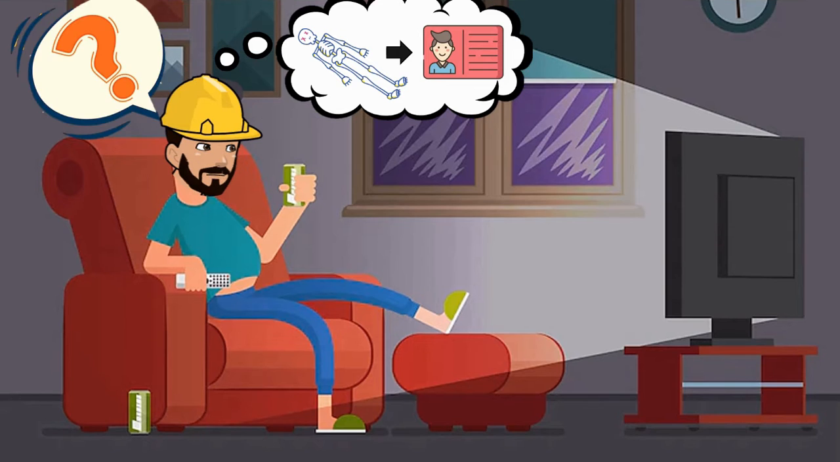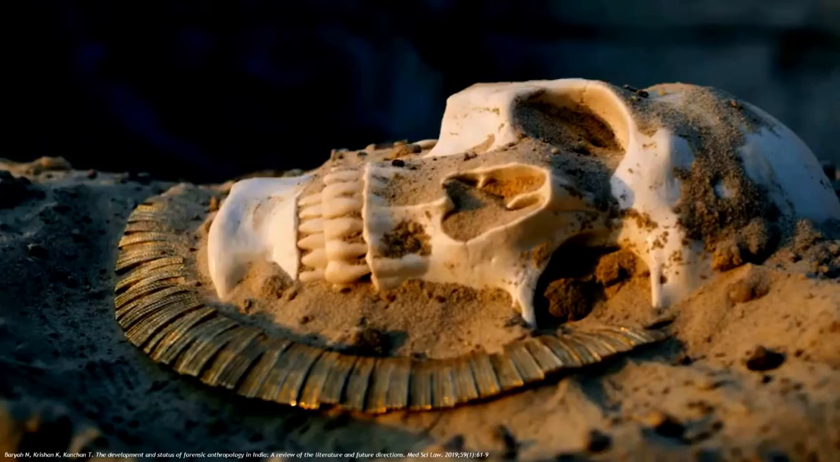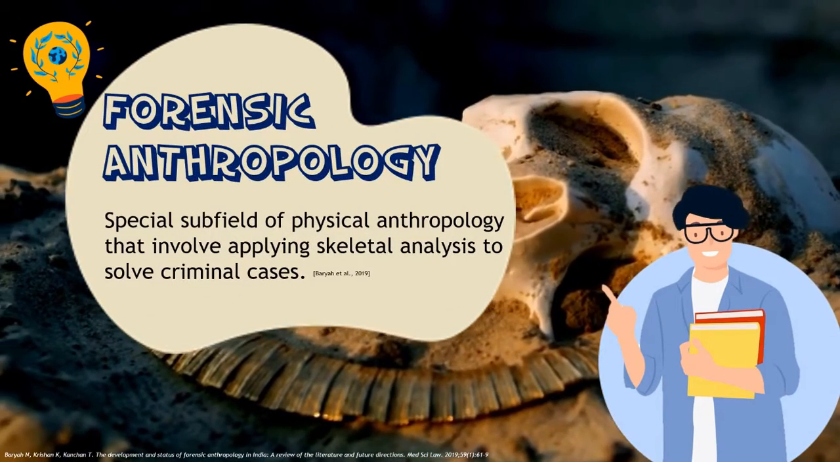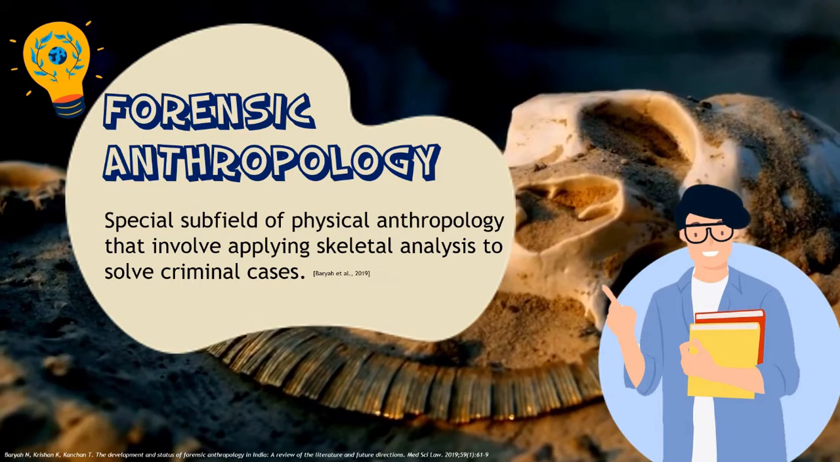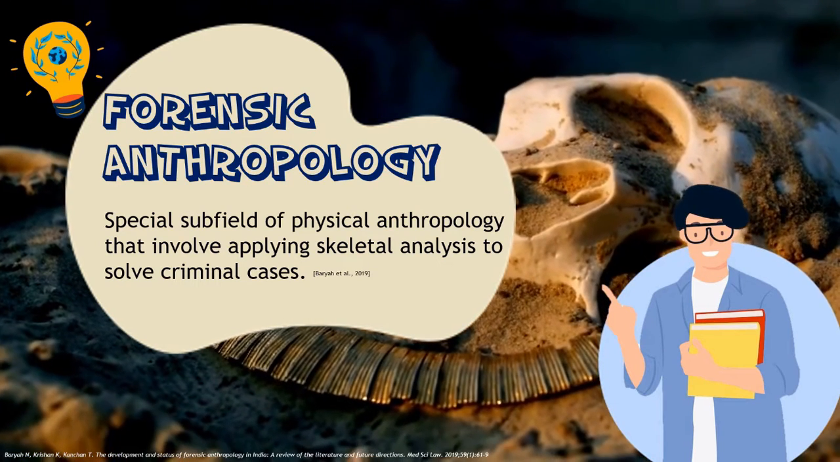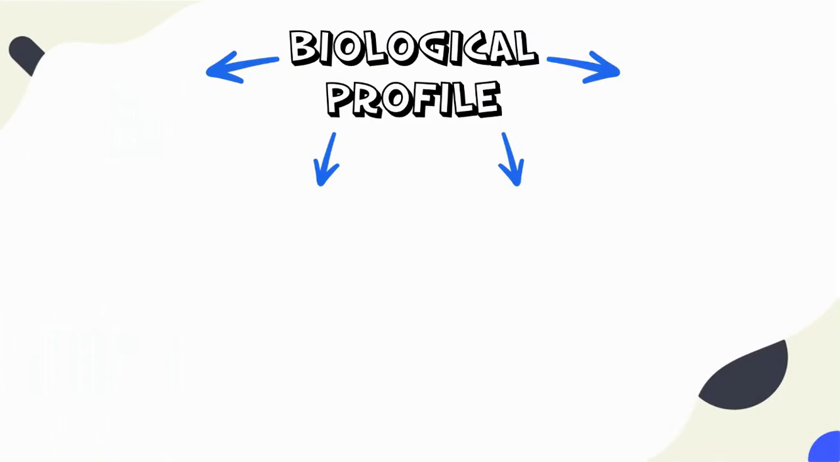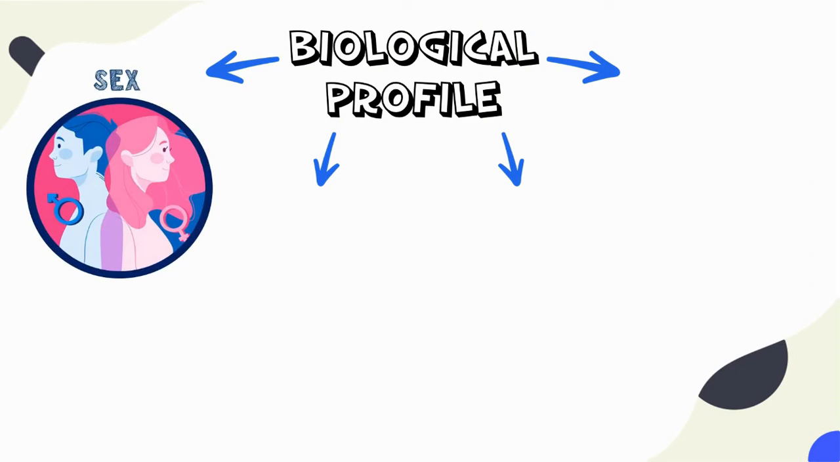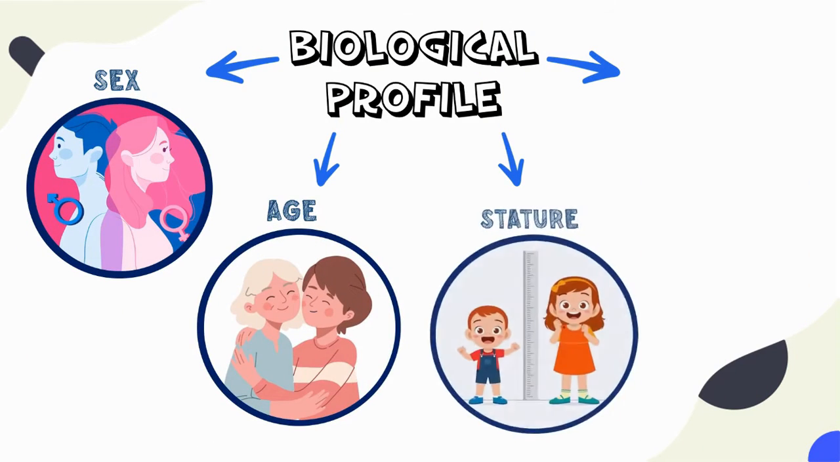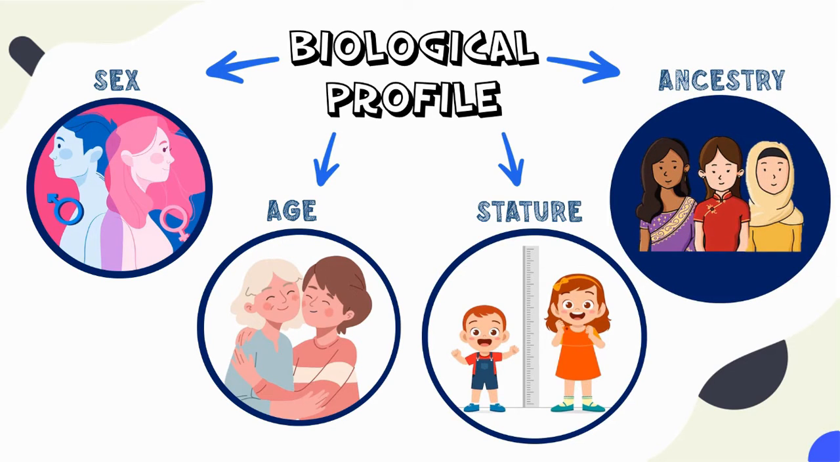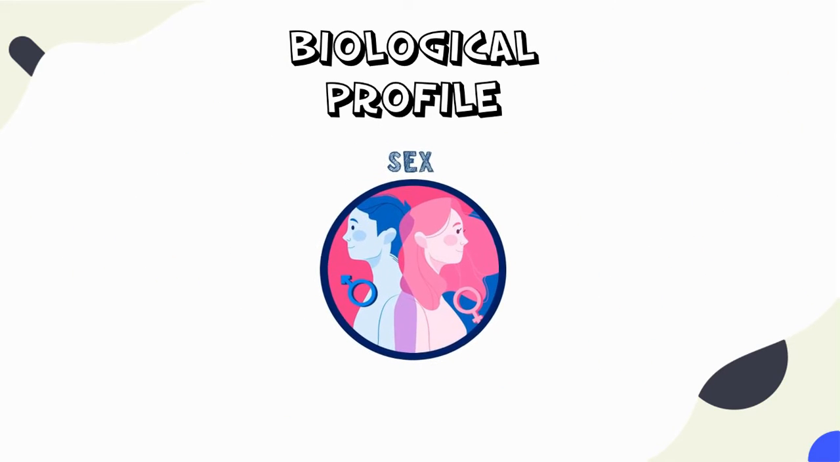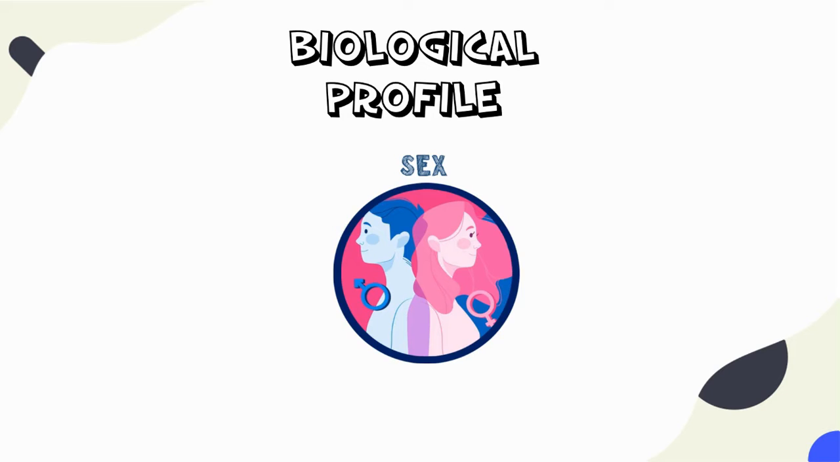But Bob wondered, what is forensic anthropology, and how does it help to establish the identity of the skeletons? Generally, forensic anthropology is a special subfield of physical anthropology that involves applying skeletal analysis to solve criminal cases. The forensic anthropologist will establish the biological profile that is able to tell us the sex, age, stature, and even ethnicity of the deceased. Today, we focus on the method to identify the sex of the deceased, using a new method